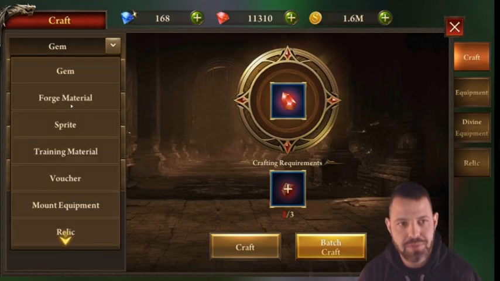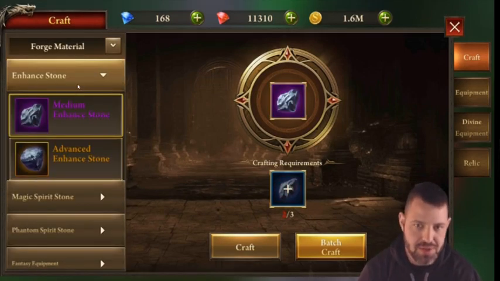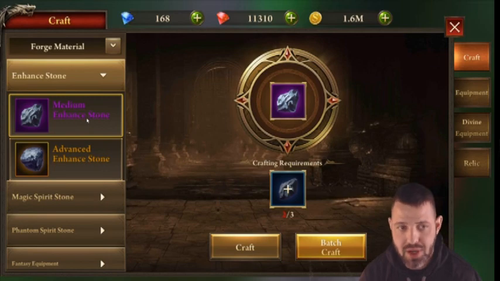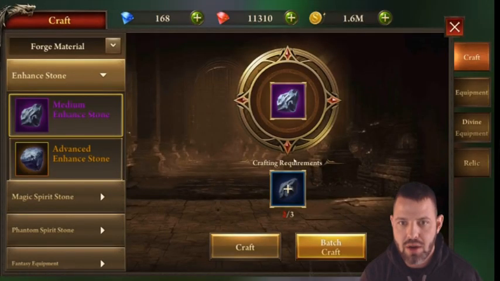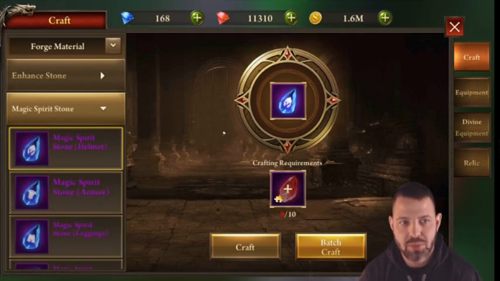But moving on. The second one down is your forge materials, right? These are what you're going to acquire from Warrior Guard or pretty much any event through the game, even just random killing of monsters, you'll come across these items. This is where you can turn a basic into a medium and medium into advanced. Each one requires 3 of the pieces prior to craft a level up. The magical spirit stones,